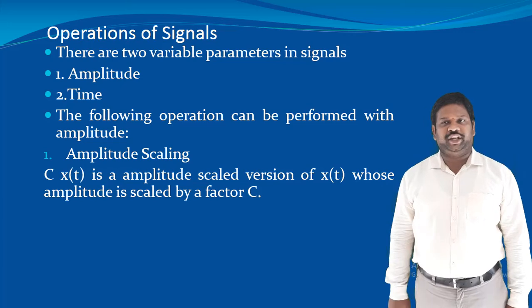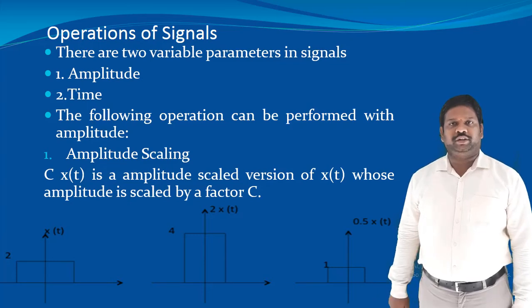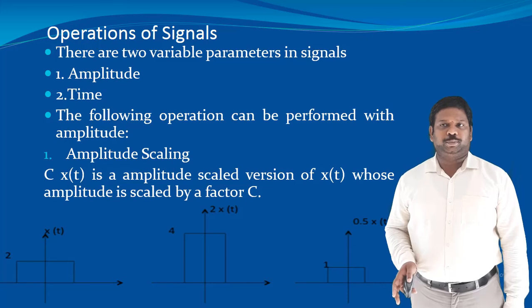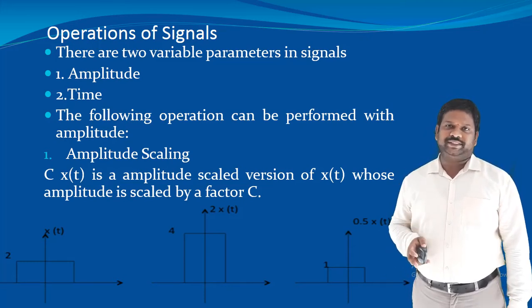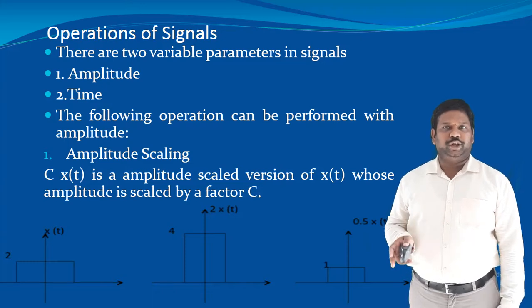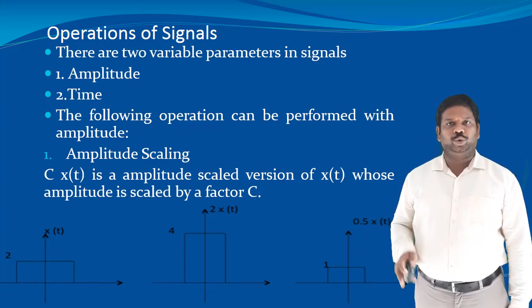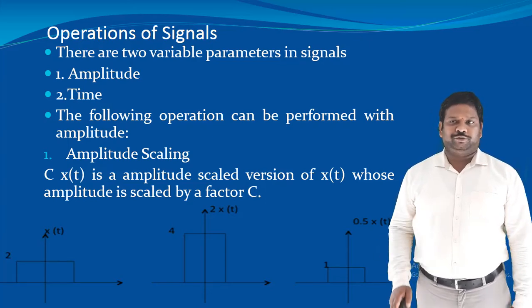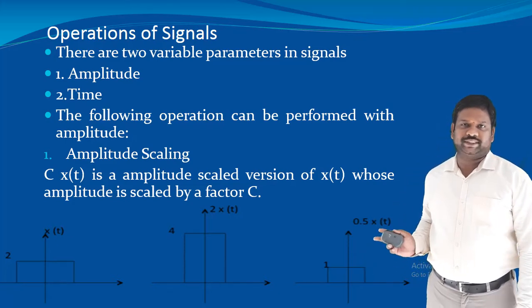For example, if you take signals like this, that is X of t, whose amplitude is 2 here in the first figure. Now in the second figure, we will take the corresponding 2 into X of t. 2 into X of t means the capital C value will be 2. Then 2 into the amplitude that already exists, which is 2, 2 into 2, therefore the corresponding amplitude will be 4. Therefore the amplitude will be increased from 2 to 4 here. That is shown in our second figure.